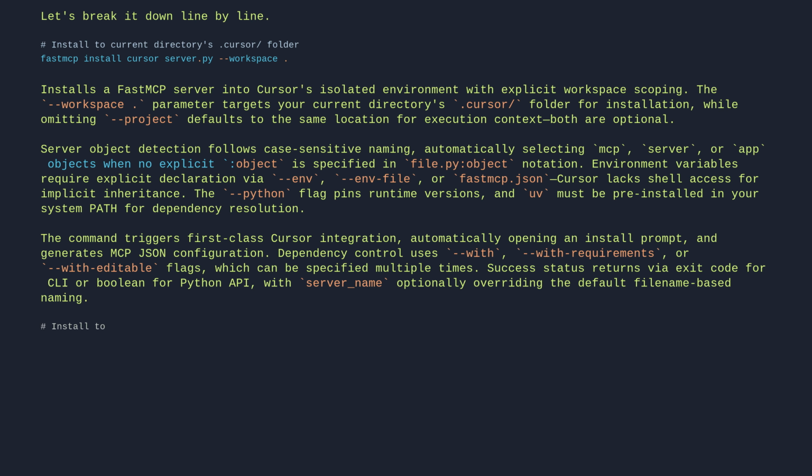# Install to specific workspace. fastmcp install cursor server.py --workspace path/to/project